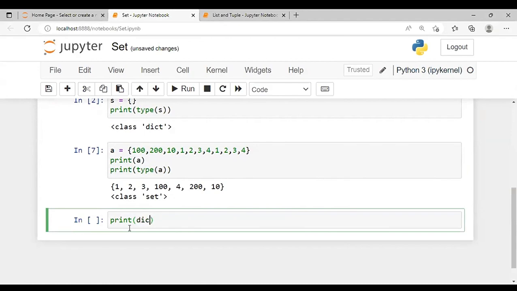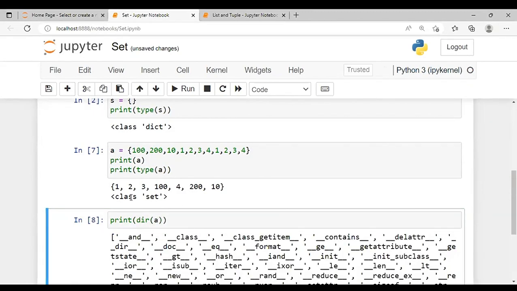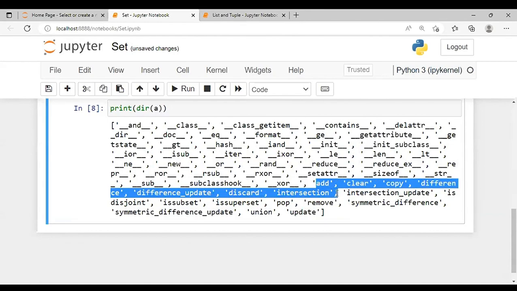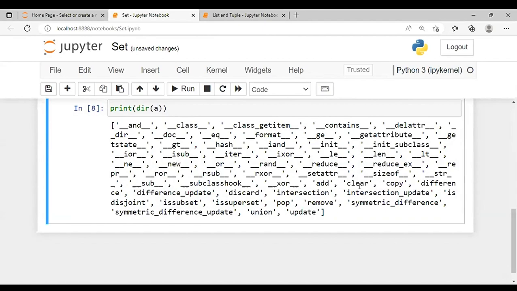Dictionary, directory of set. So we can have some functions like add, then discard. Let's go ahead and use it one by one. We'll be learning add, clear, copy, difference, discard, intersection, disjoint, is subset, then pop, remove, symmetric. These all are functions related to